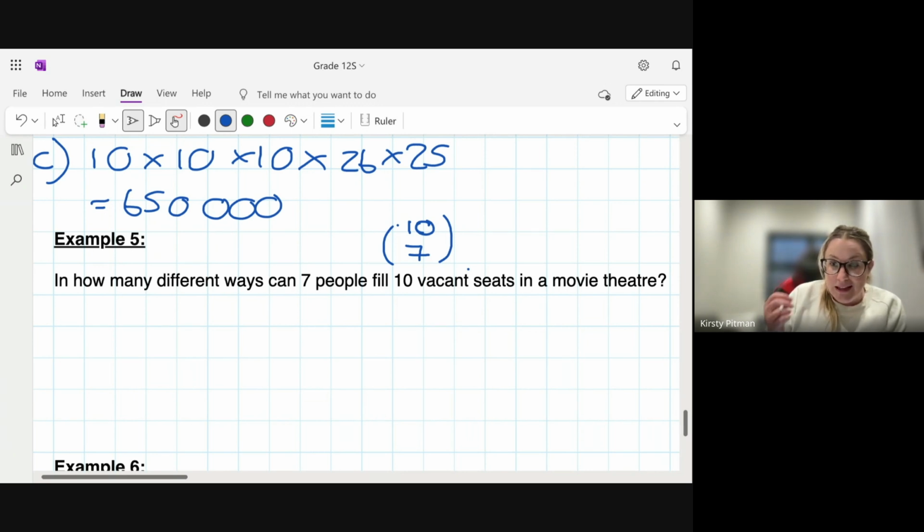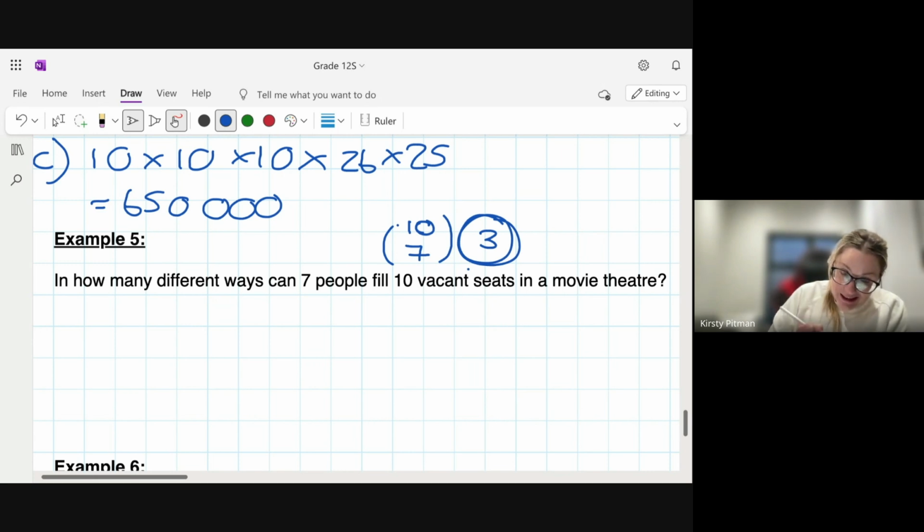So that's telling me, okay, 10 minus 7, guys, is 3. 3 is going to be my key number here. 10 minus 7 is 3. 3 is my key number. I think I left that one out the last time. All right. So I'm definitely going to do a fraction here.